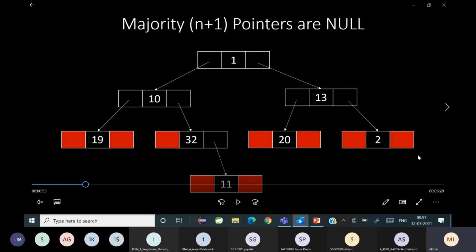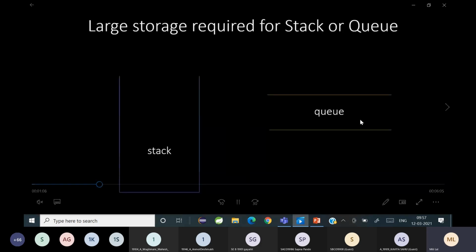In this tree, some nodes are fully utilized and there are 1, 2, 3, 4, 5, 6, 7, 8, 9 null pointers. That is the disadvantage of using a binary tree.